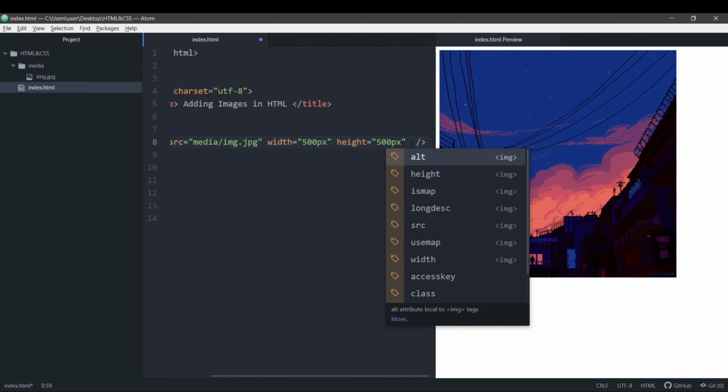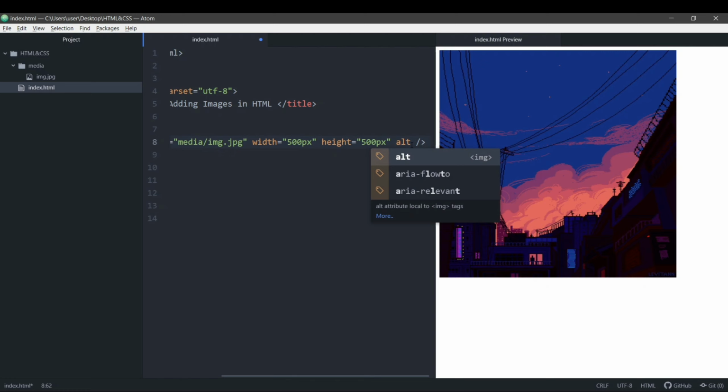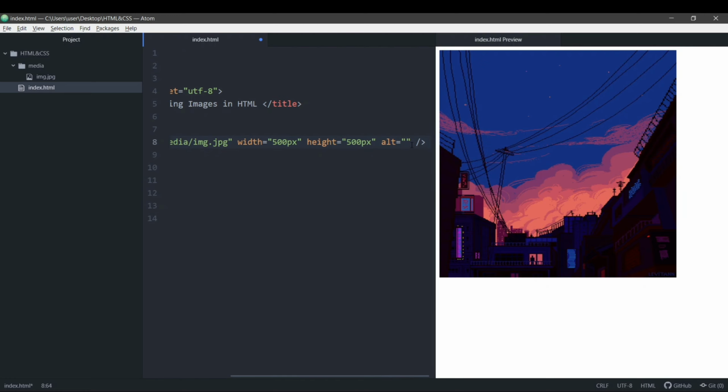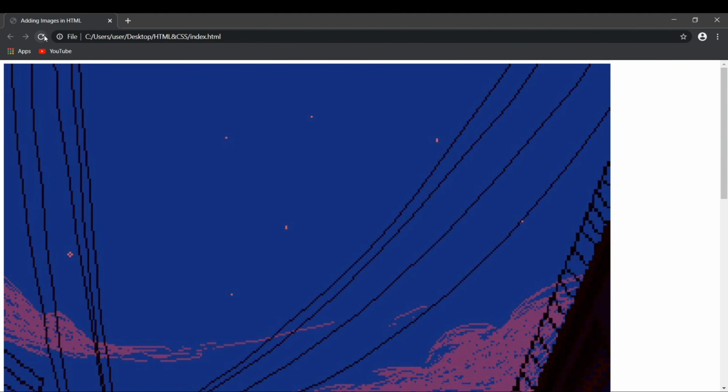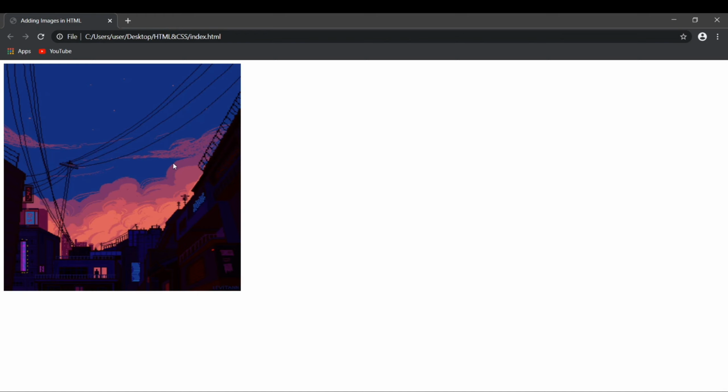The alt attribute stands for alternate attribute, in which we describe the image to all the users. Now what does that mean? I'll tell you. This is the alt attribute. We write equal to in double quotes. Inside these double quotes, I'll write sky painting, and I'll save this. Now you can see that there's no visible outcome. If you check in your browser and refresh it, the image is like that, but whatever we wrote in the alt attribute is not visible, right? Sky painting is not visible.